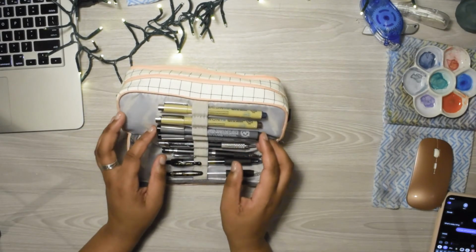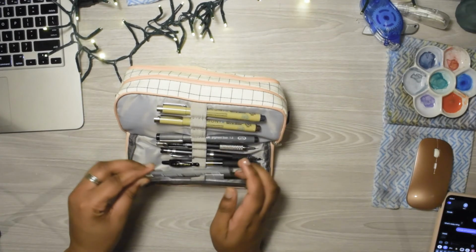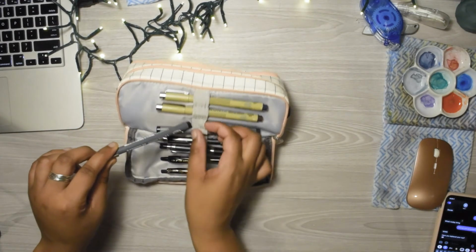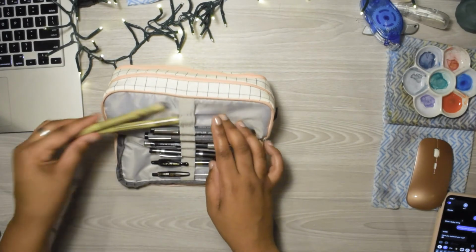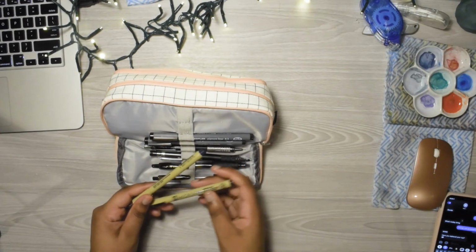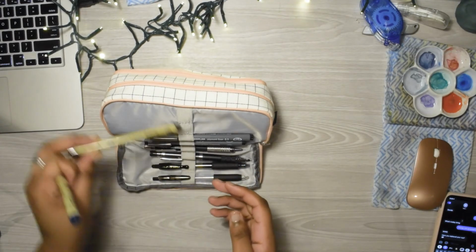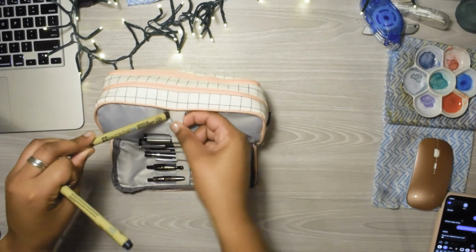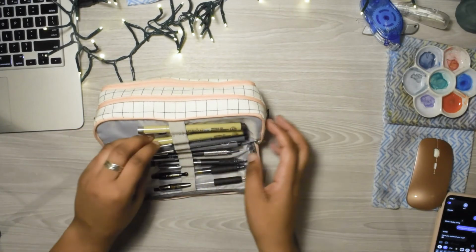And then I have 2 Stabilo pigment liners, one in 03 and the other one is in 1.0. And then my 2 other, what do you call these? Micron PMs. This one's blue-black and this one's sepia. And the black one I keep in my bullet journal pen loop. And other than that,